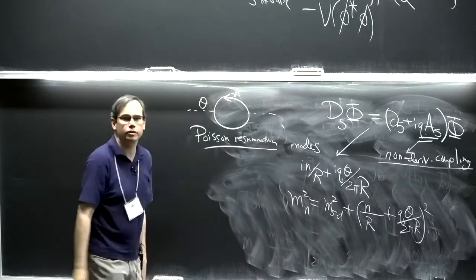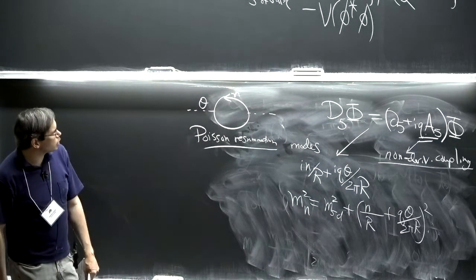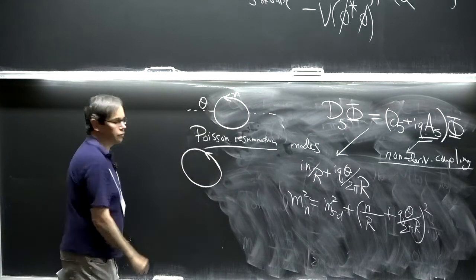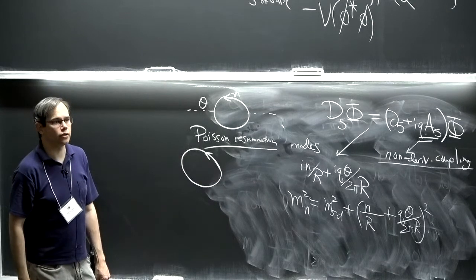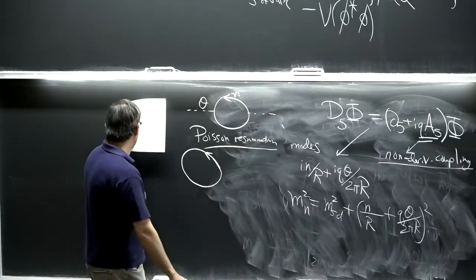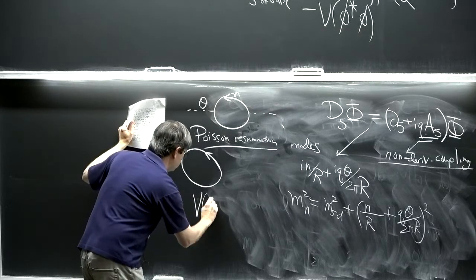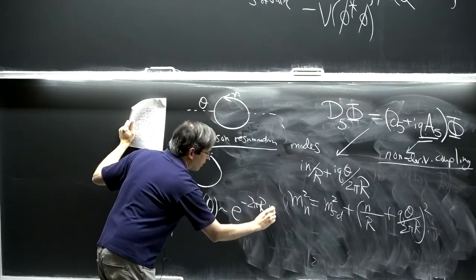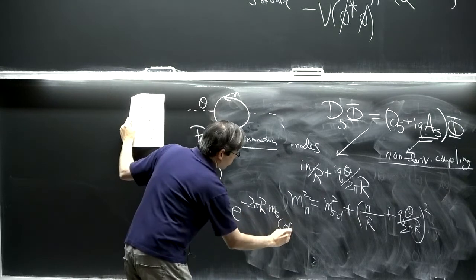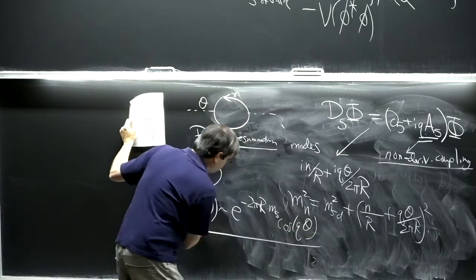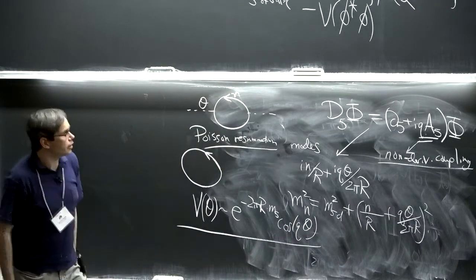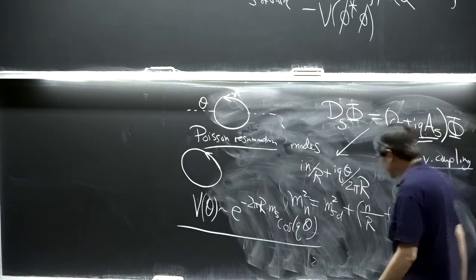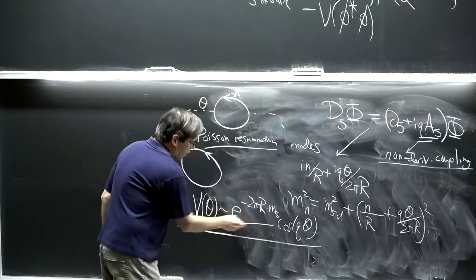There's another way to think about the Poisson resummed series, which is to think we take our extra dimensional circle and we wrap a world line of charged particles around it. You can think of that as a semi-classical calculation. What you get in the end is a potential for theta that goes like e to the minus 2 pi r times the mass in 5D times a cosine of q times theta. And I'm probably at the very limit of my time, even slightly over. So let me just say the key takeaway is that this is exponential.